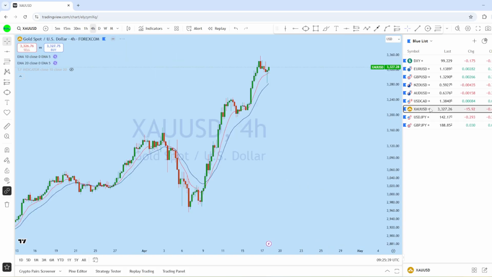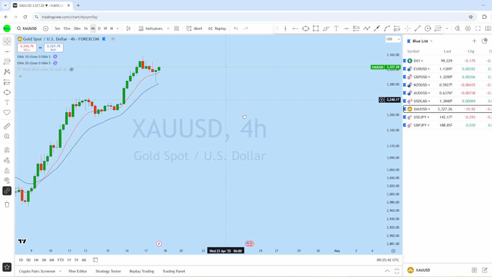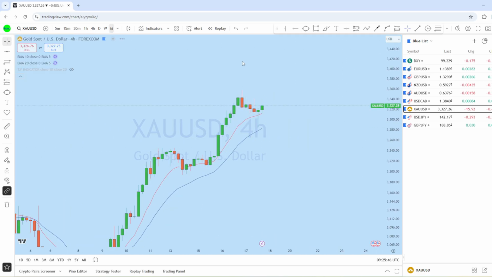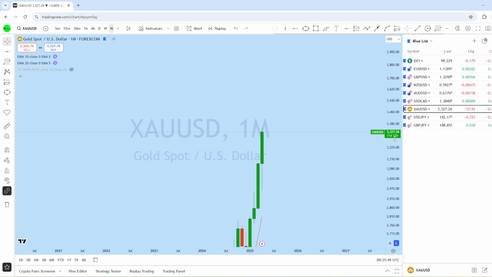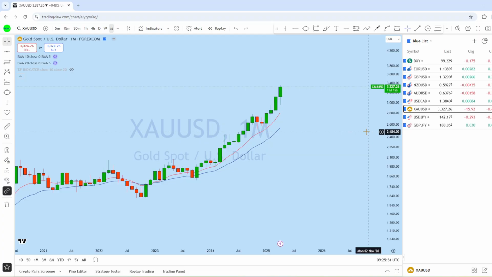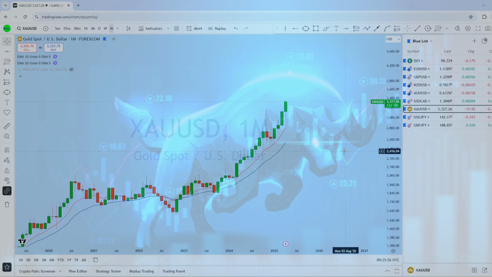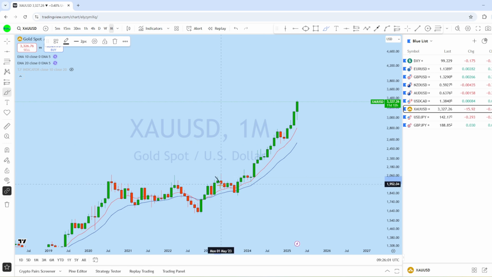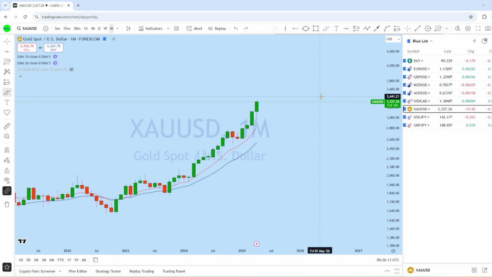Now let's look at XAU USD. Let's see what kind of trading opportunity we have in this instrument. Looking at the monthly chart to see the overall direction in this market. From the monthly, we can see that XAUUSD is a long-term bull market, and if we look at the historical perspective in this instrument, this is the monthly inverted head and shoulders followed by this huge bounce, followed by this pullback, and the market is maintaining a series of higher highs and higher lows, which is an uptrend at the moment.